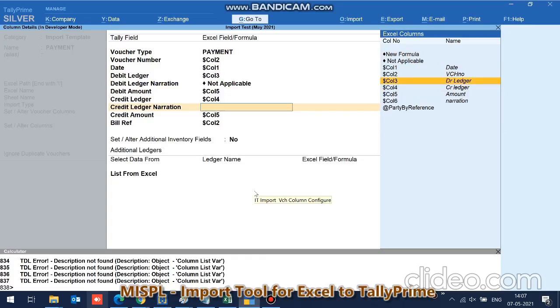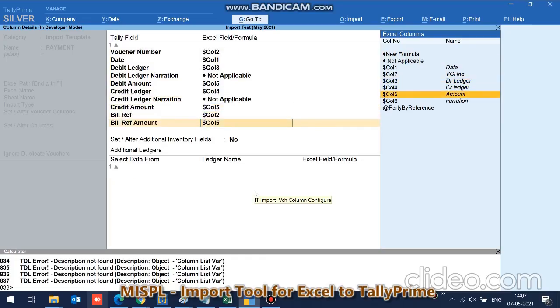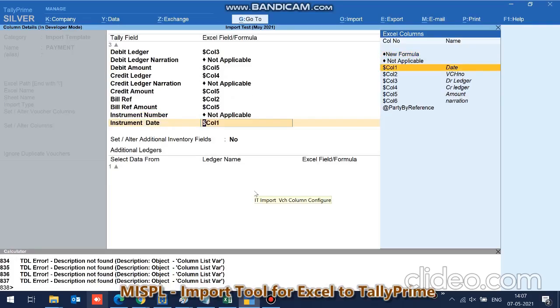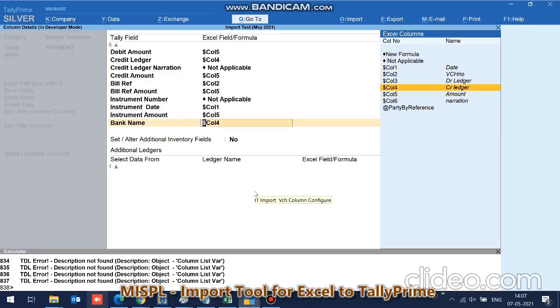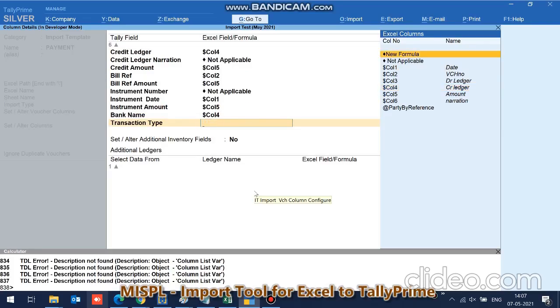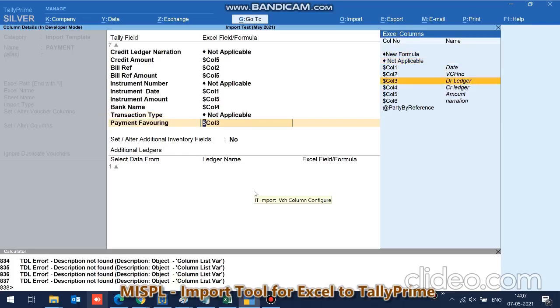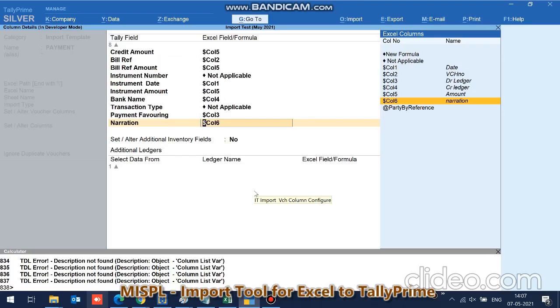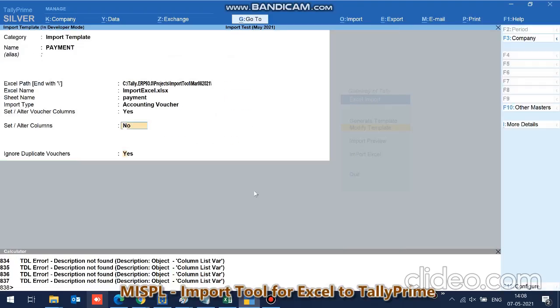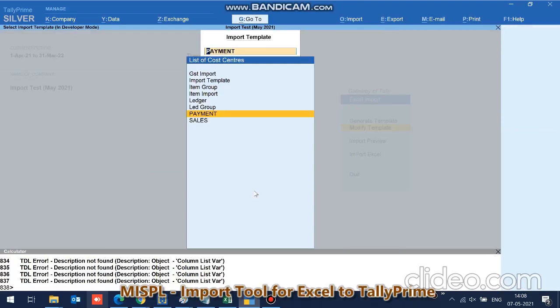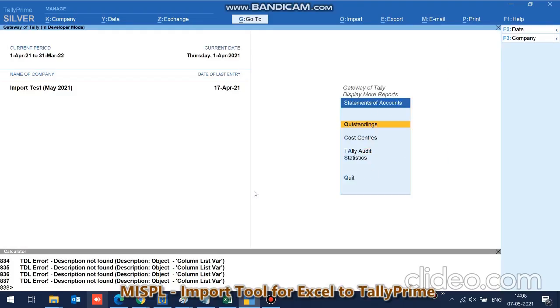Credit ledger, then narration not applicable. That is the narration for each entry. Bill reference, bill amount, instrument number not applicable. Instrument date yes, instrument amount, bank is credit ledger. If it is bank, it will go to the credit ledger by default. Transaction time not applicable, payment favoring, and the narration which is mentioned in the Excel. Cost center not applicable. Bill due date not applicable. Nothing extra is there.